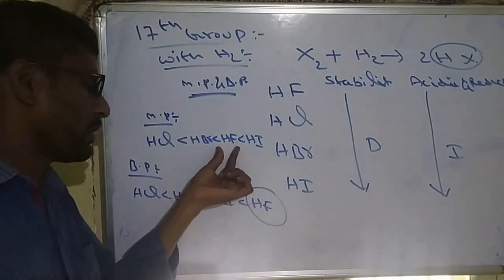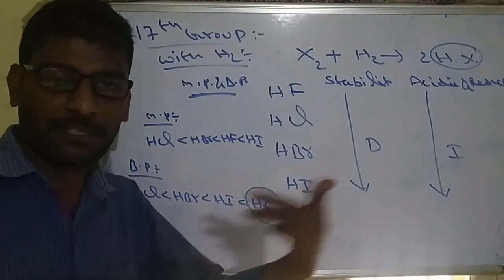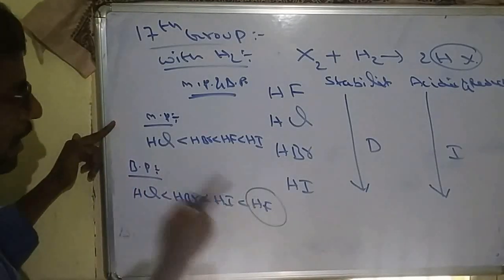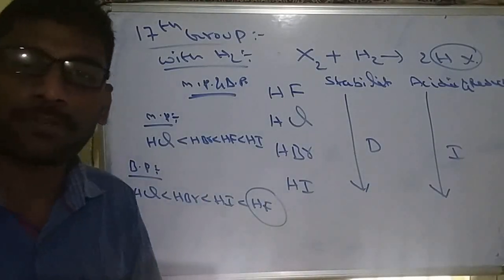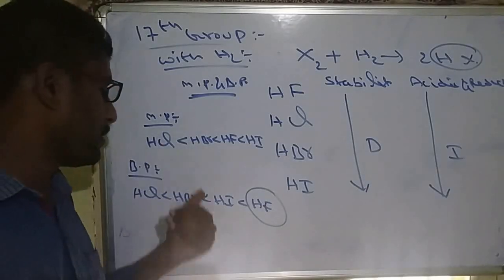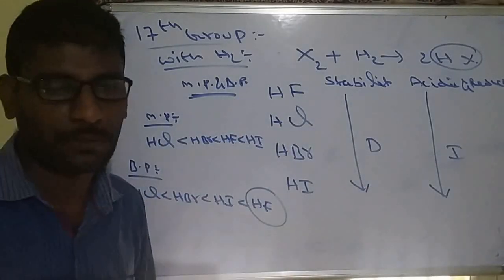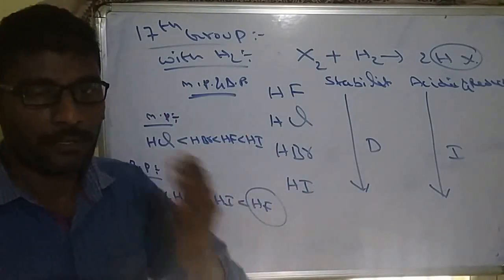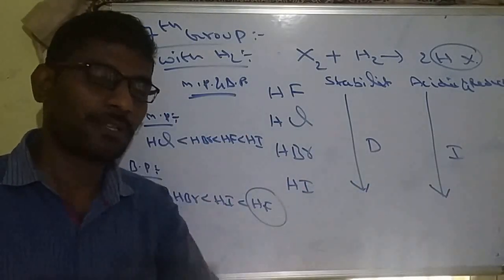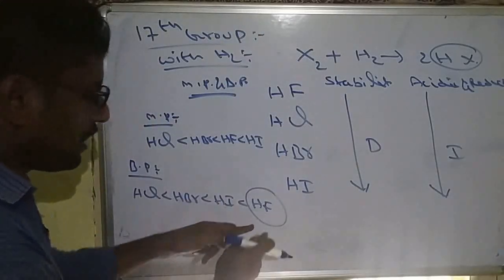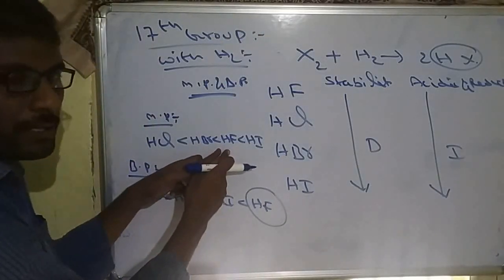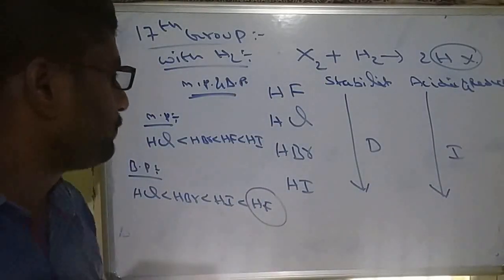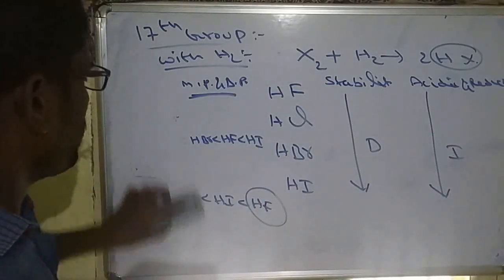So why is it the second, why is it the first? Actually that depends upon nature. But when compared with the least value, it becomes a high value. That is due to hydrogen bond. Boiling point values and melting point values are different values, so we cannot compare them. But among these two values, HF is becoming higher. That is due to hydrogen bond. But why it is highest, why it is second highest, we cannot explain that. That depends on the strength of the hydrogen bond. So this is the reaction with hydrogen.